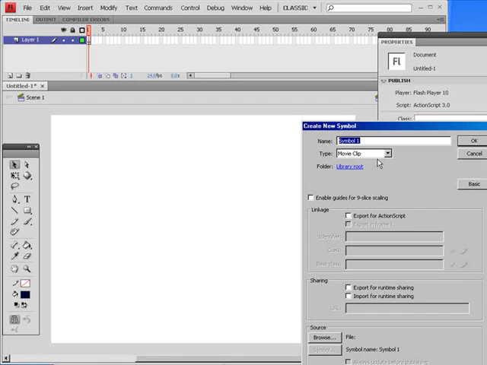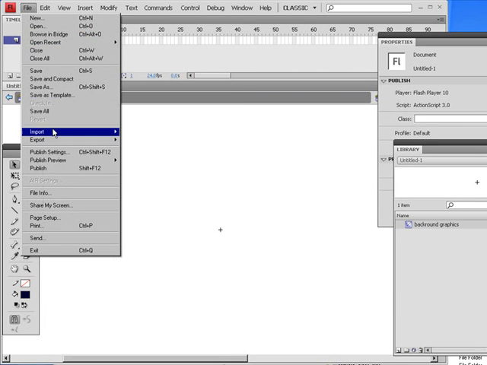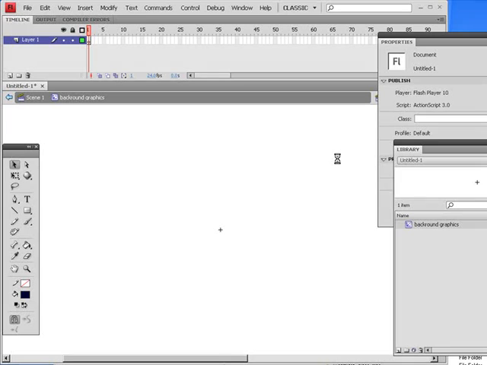So I'm going to actually take those pieces, and let's call this background graphics. Then I'm going to make it a movie clip right here, and I'm going to hit OK. Then I'm going to import my Illustrator pieces by going under File, Import, Import to Stage, and I'm going to choose the Illustrator file that we have,